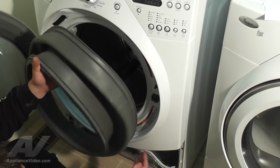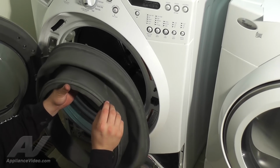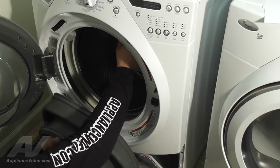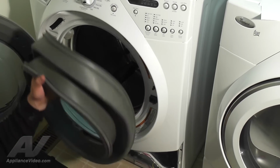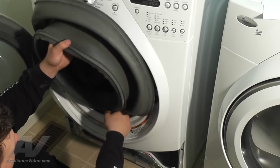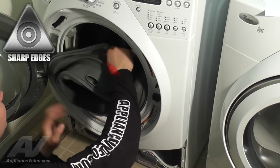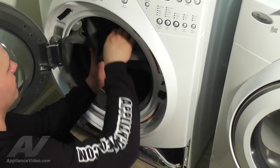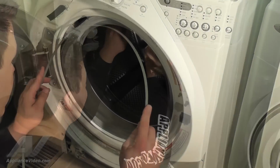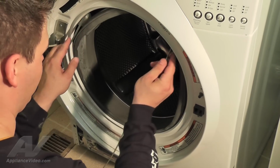As you can see, the bellow has a large and small diameter. The larger diameter of the bellow goes into the tub first. Now, align and lift the point of the bellow to the top center of the tub. Then tuck and push in the large diameter of the bellow all the way around the outer lip of the tub. Next, feed and insert the tub clamp around the front of the bellow,